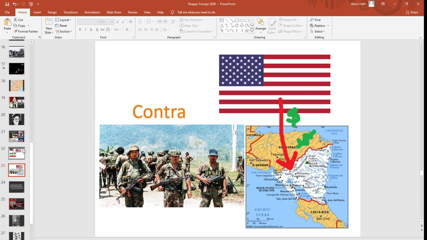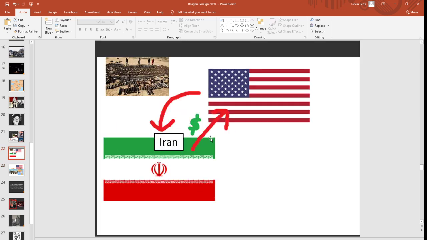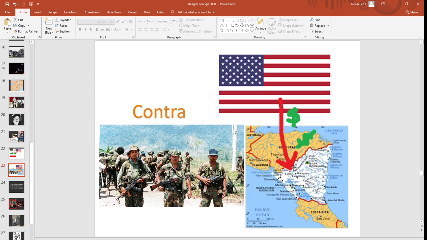Okay, so I'm going to go back and I'm going to say this again. The United States sells weapons to Iran. We make money from the sale, and then we give that money to a rebel group in Nicaragua. Now, you might be asking, what in the world, Mr. Feltz? Why would we give money to a rebel group in Nicaragua? Well,